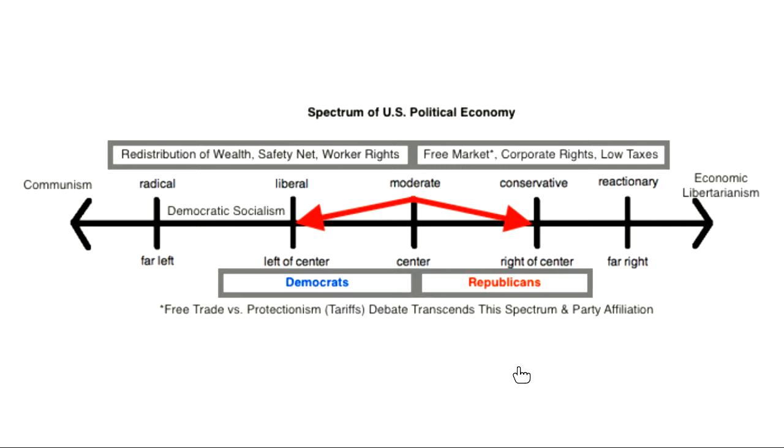The political parties really had not oriented themselves around either of these tendencies earlier in the course in the progressive era, but by the 1930s, that's when you really see the left begin to get identified with the Democratic Party over here in blue on the left side of the spectrum with more government intervention. And it's through Franklin Roosevelt's New Deal, which was the government's way of trying to solve the problems of the Great Depression that started in late 1929 and toward the beginning of Herbert Hoover's presidency through the early 1930s.